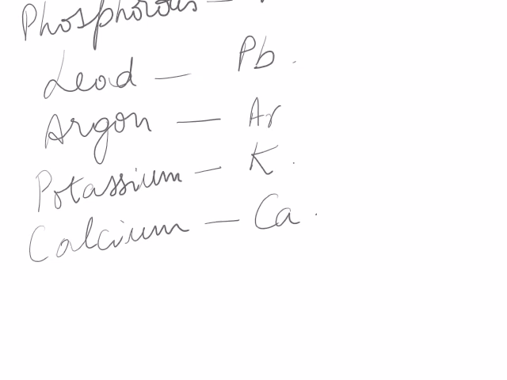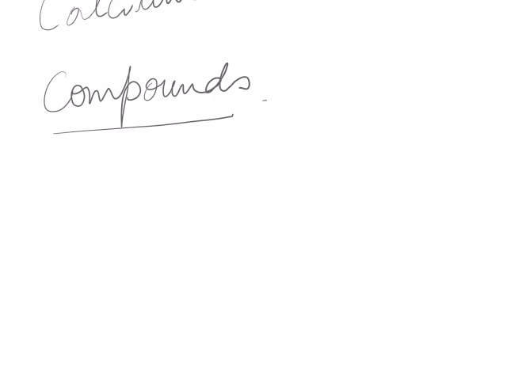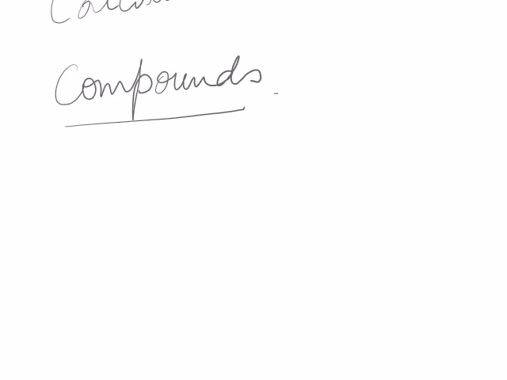Okay. Next topic that I'll be doing is compounds. Now, what is a compound? When atoms of two or more elements combine chemically in a fixed ratio, a compound is formed. When is a compound formed? A compound is formed when atoms of two or more elements combine chemically in a fixed ratio. So, we can define a compound as